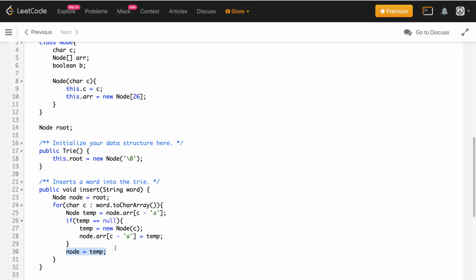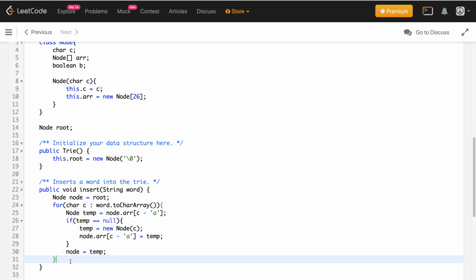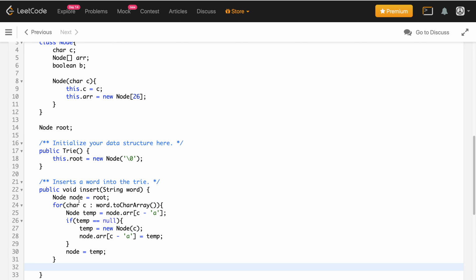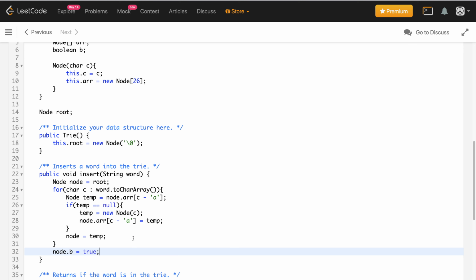So this loop will take care of this, and finally we will be able to create the word. Now one thing is left. After this loop is over, for the last node we have to simply say node.b equals true to mark that a word is inserted, correct? So the insert method is finished.